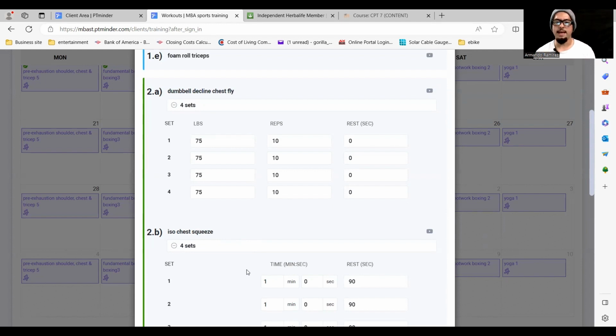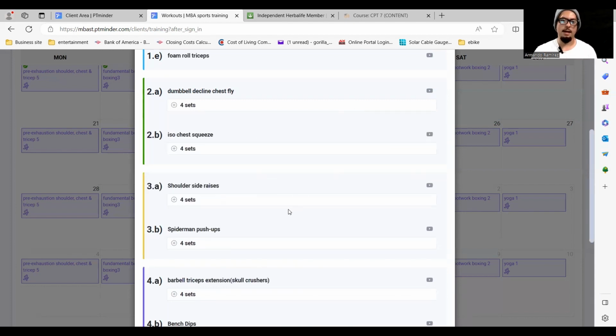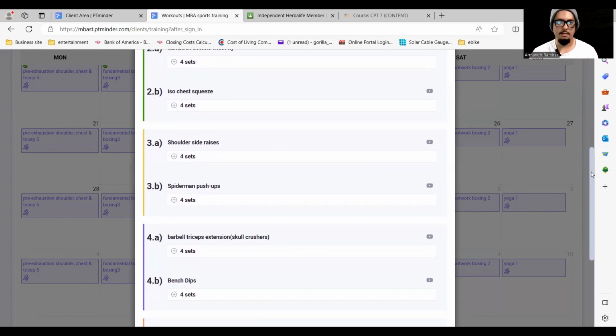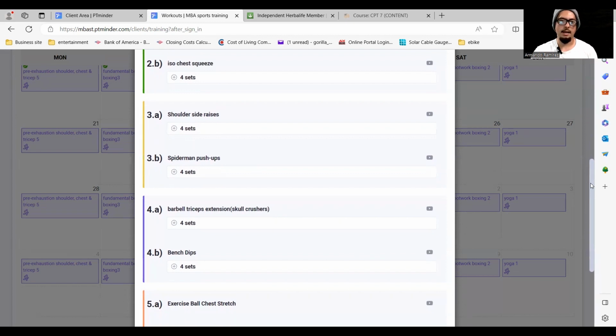and you'll be doing that for, again, the time, this one being time versus rep. You'll be doing this particular move for 1 minute just before you get a 90-second break. All right. So this is basically the program of it. So you would end up completing that, hitting shoulder, the next move being shoulder side raises, superset with Spider-Man push-ups,